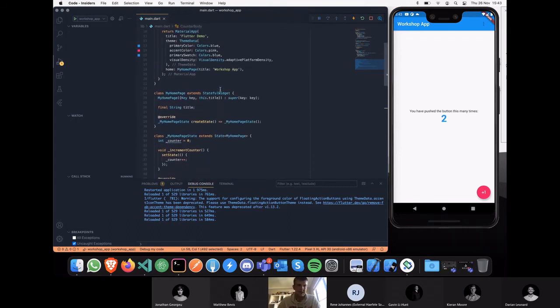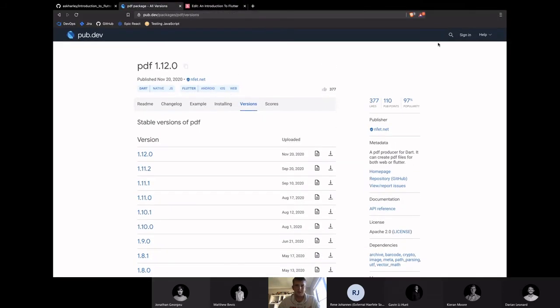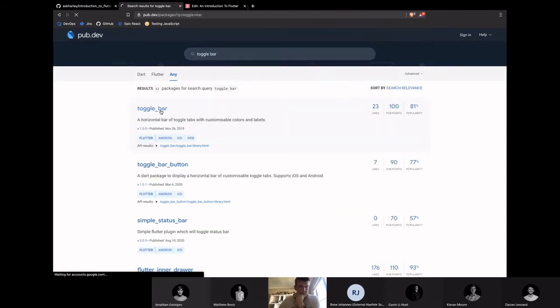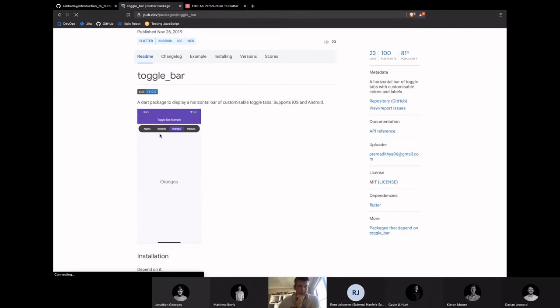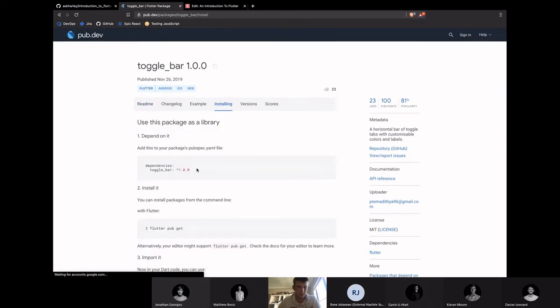But now let's look at actually bringing in an actual package, because we discussed that earlier. So I found one I wanted to mess around with earlier called toggle bar. What this allows us to do is, it's this part over here. It's a little toggle at the top there. So we click on installing,